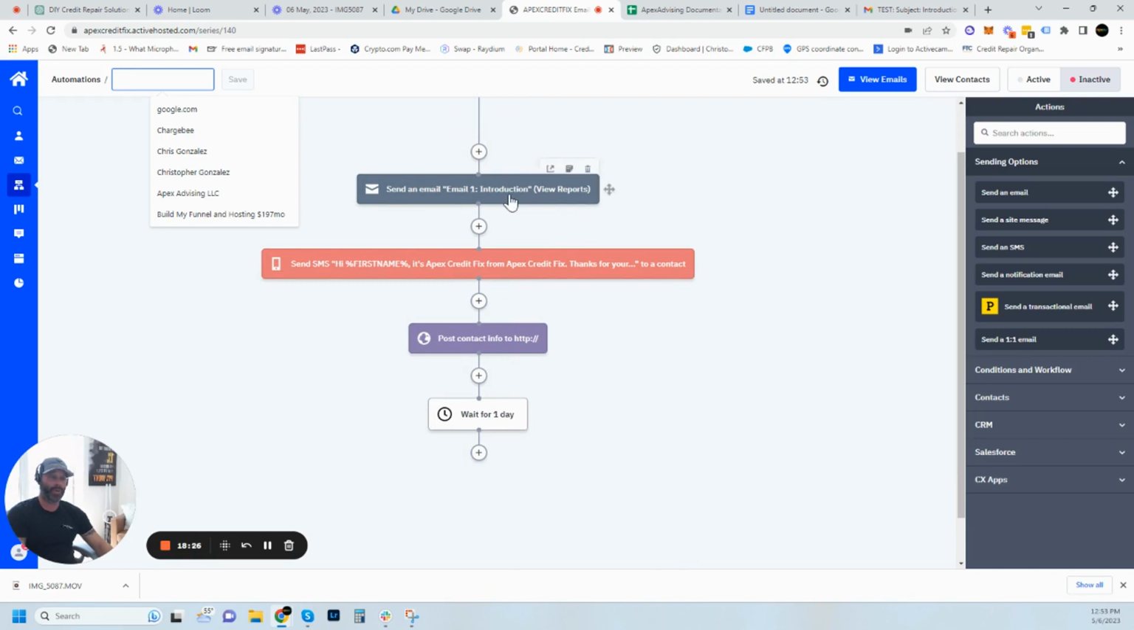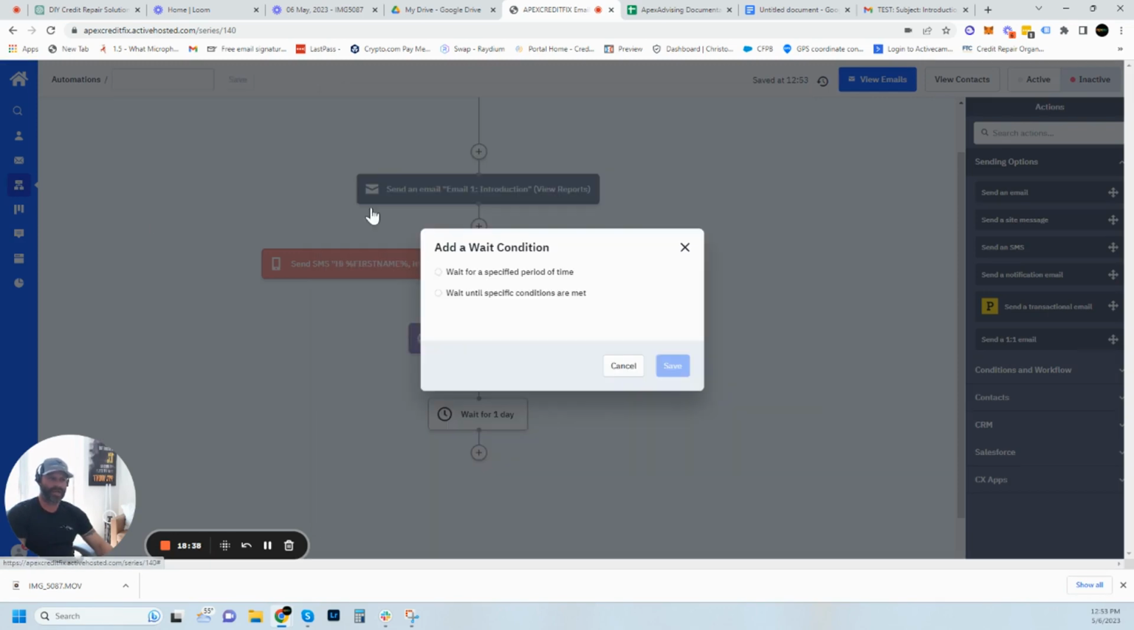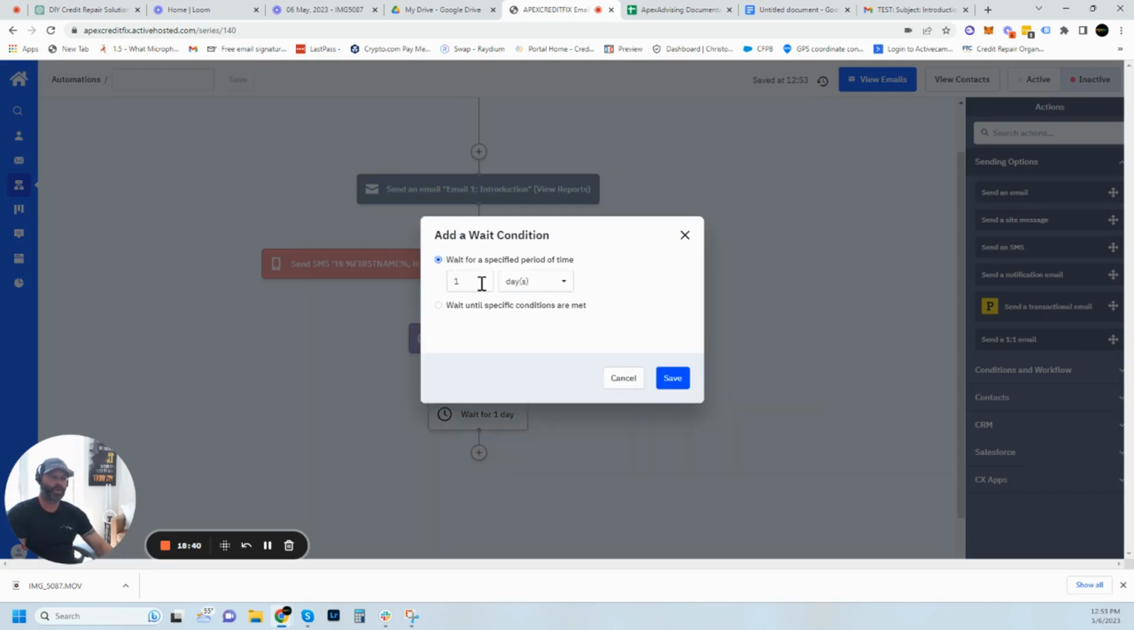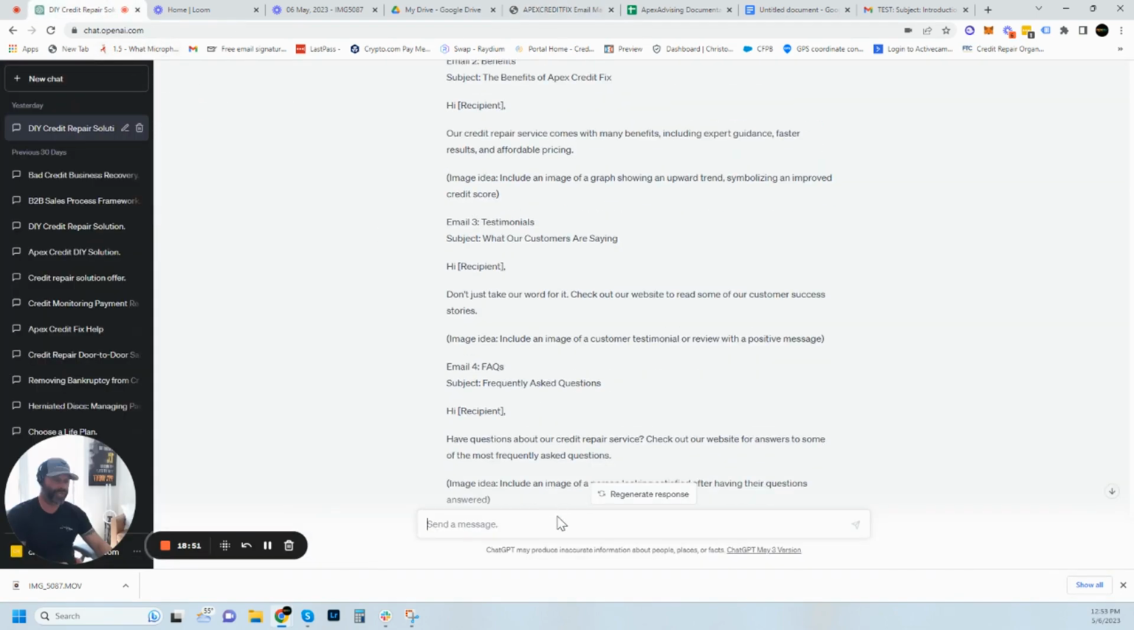And now I would go ahead and do the same thing I did for email 1, do the same thing I did for text message 1, except this would be email 2, text 2, and then I would go ahead and put a wait. And according to my automation map, that next message goes out in 9 days. You may want to make it 7, 6, 5. If you're unsure, hey, go back to Chat GPT and say